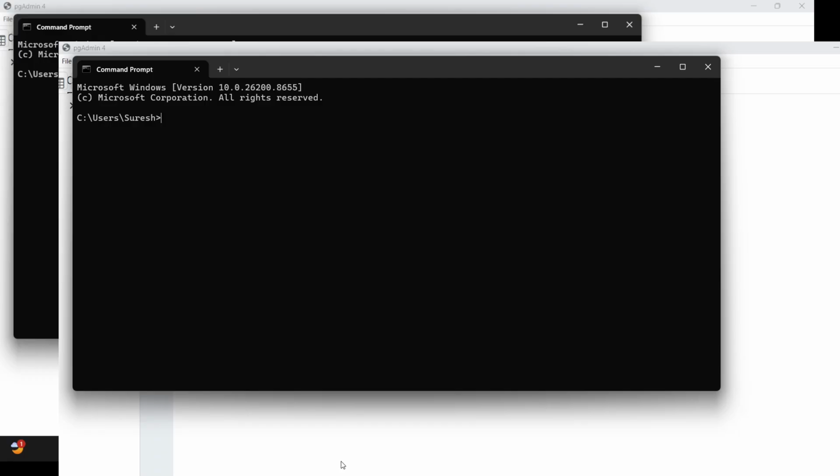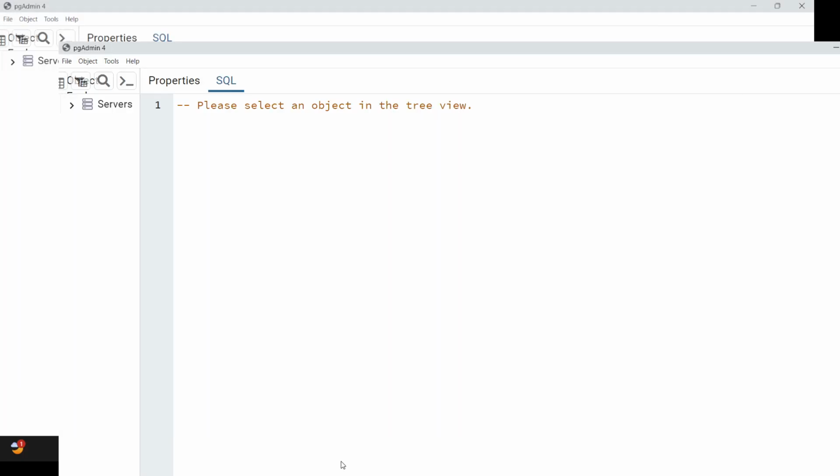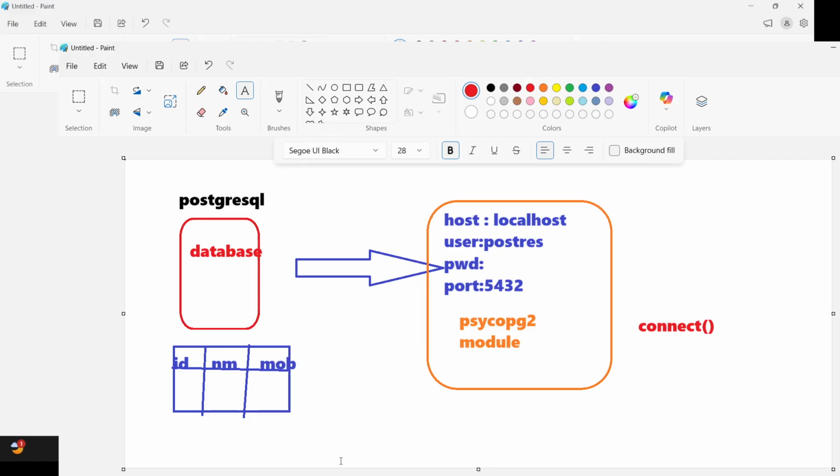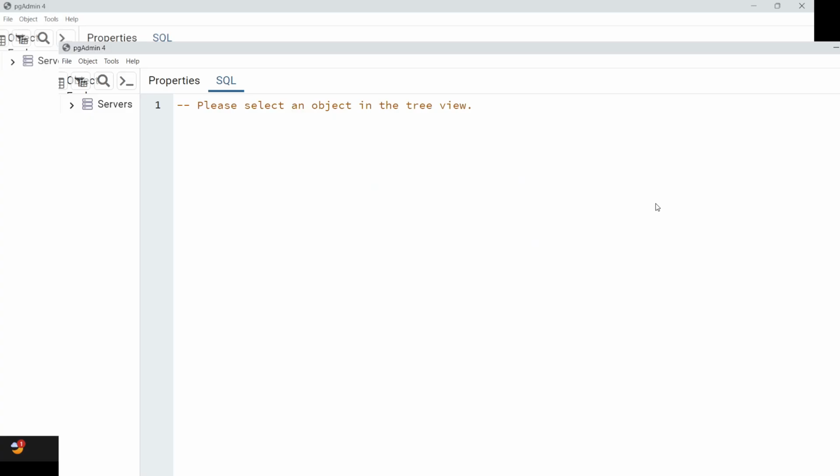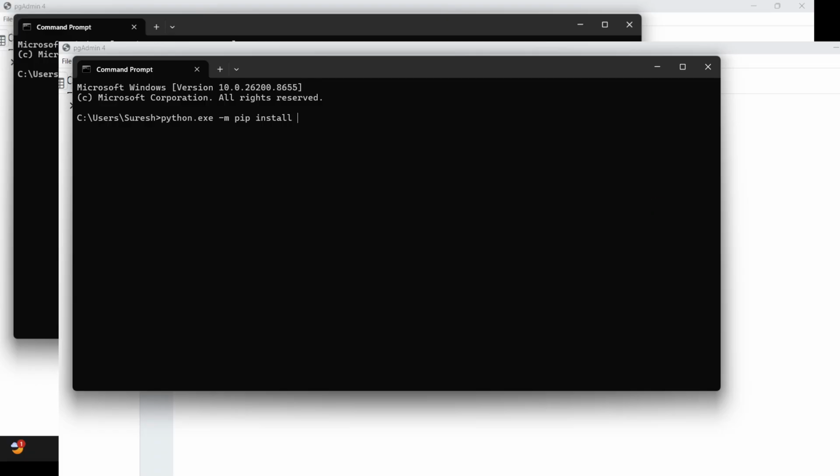To install this module, I have to run python.exe -m pip install, and the name of the module is psycopg2.